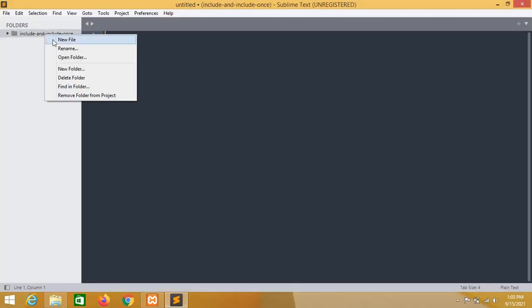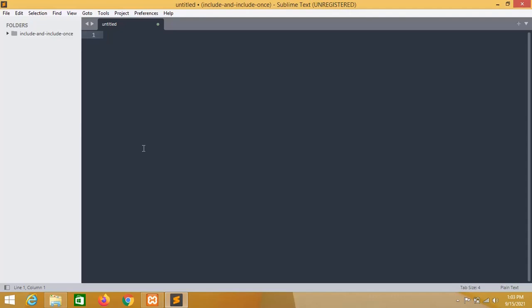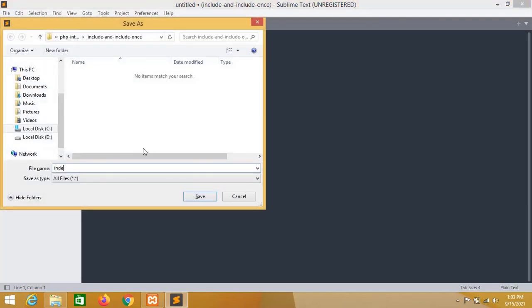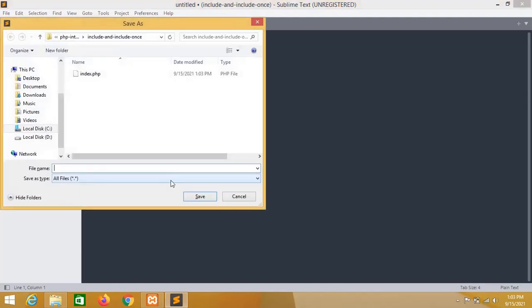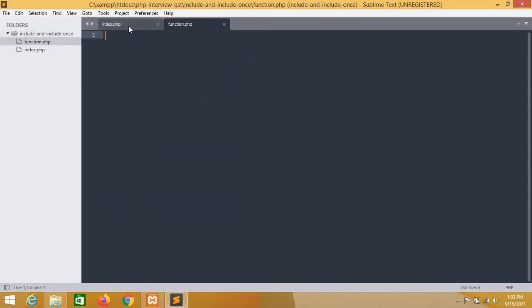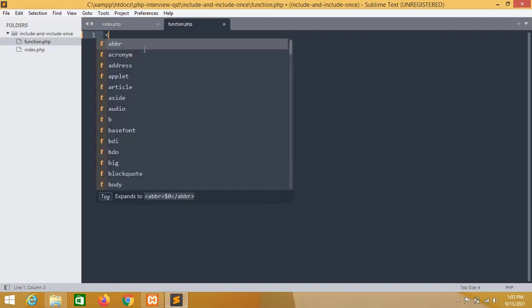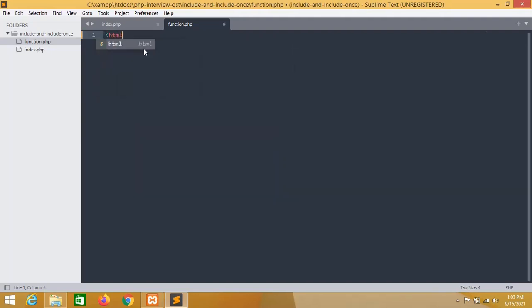and here I am going to make two files. Let's say the first file is index.php, and the second file is function.php.